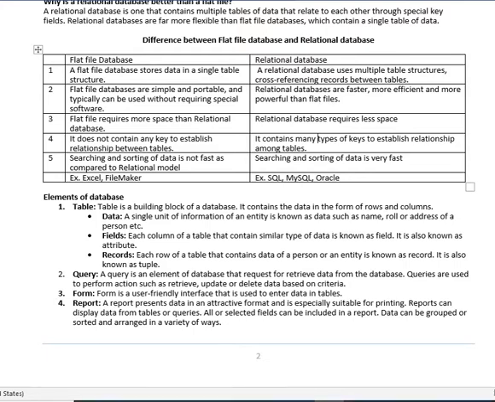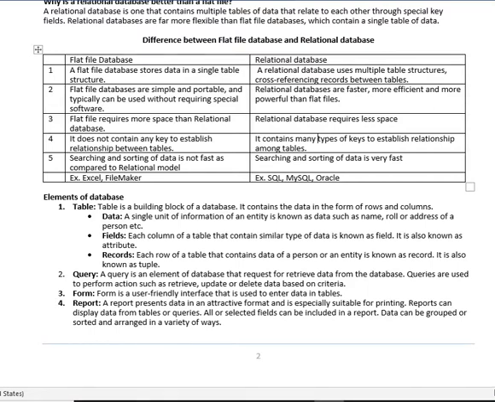Next element is query. Query is an element of a database that requests retrieving data from the database. It is used to perform actions such as retrieve, update, delete the data based on certain criteria or conditions.